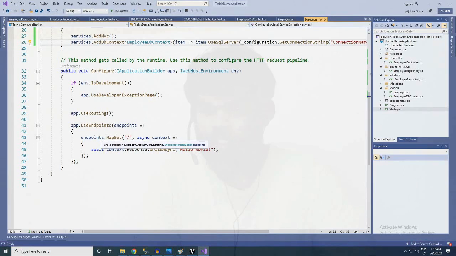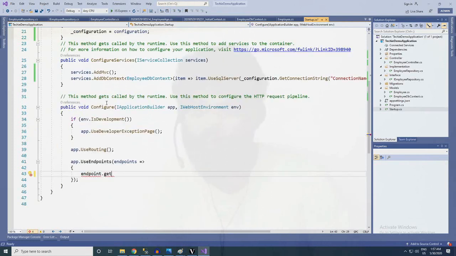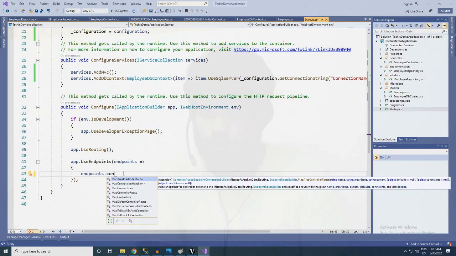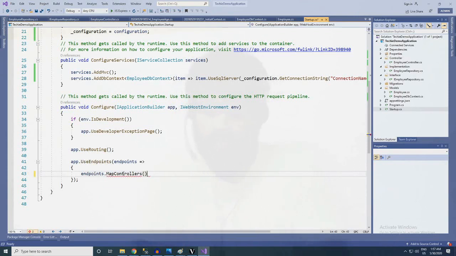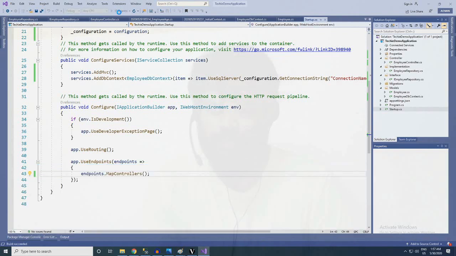What we need to do is transfer all endpoints to the corresponding controllers, using endpoints dot map controllers. In this way we can transfer all our API calls to the corresponding controller class file and to the specific controller method also.